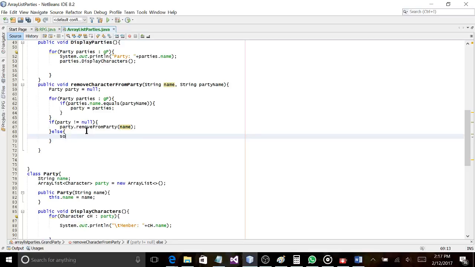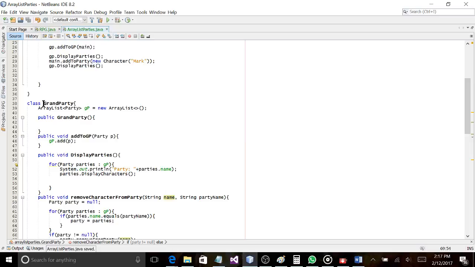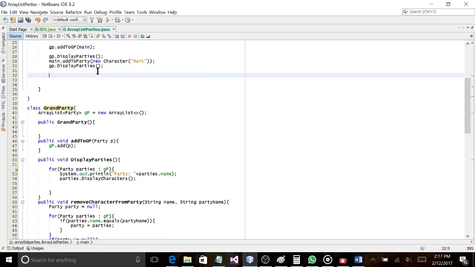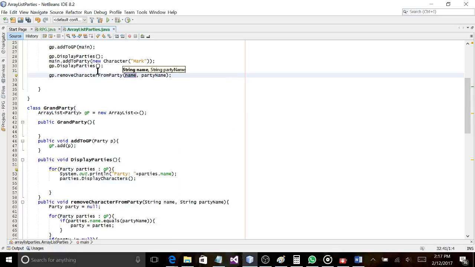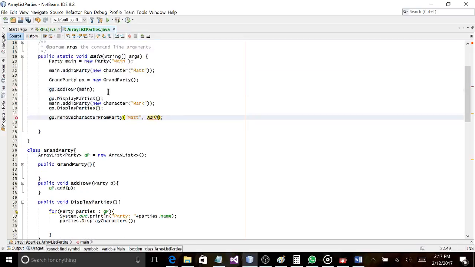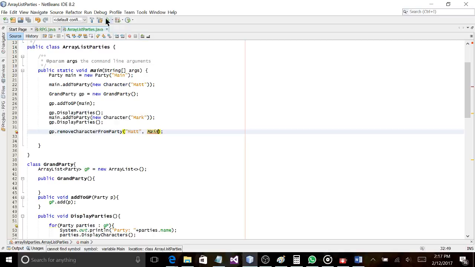So else could not find party. So now that we have that, all we need to do is access our grand party and remove our stuff from there. So if we do gp dot remove, let's do mat, and from our party name let's do main. I believe I named it, yeah. So if we run this,